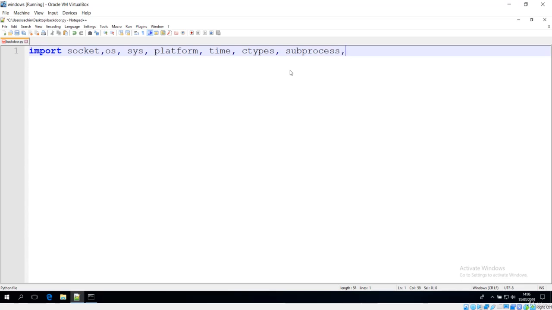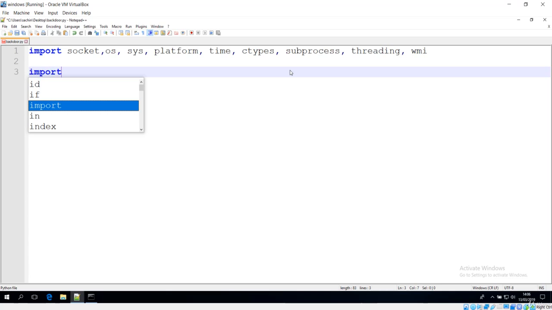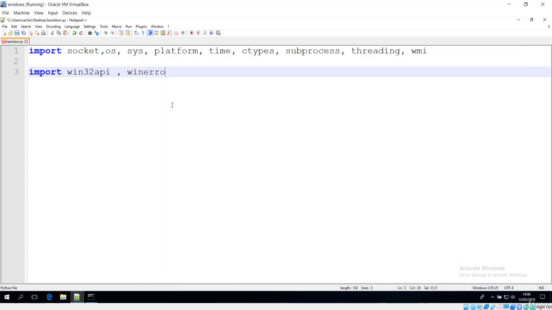The next thing I want to import is threading, and the last one I want to import is WMI, which we just installed here. After that I want to import win32, which should be installed if you install this package, PyWin32, and another is winerror and win32event.